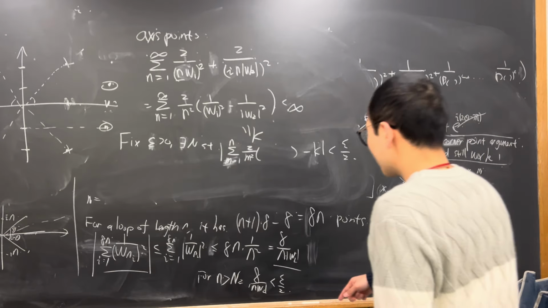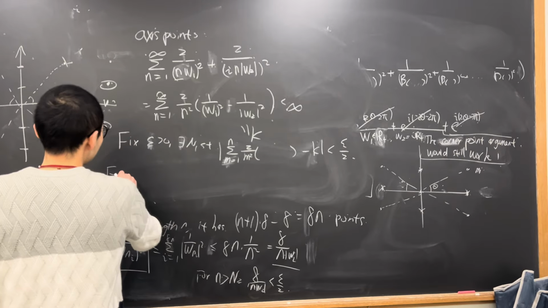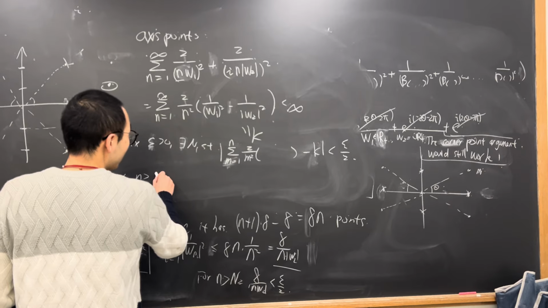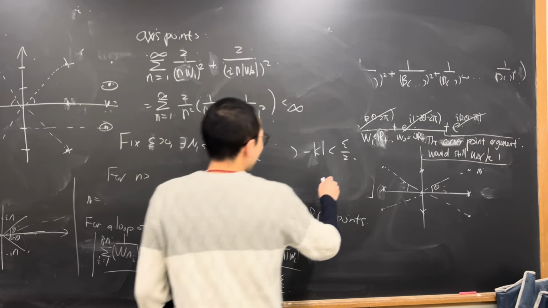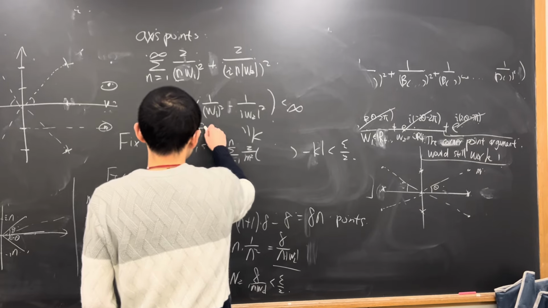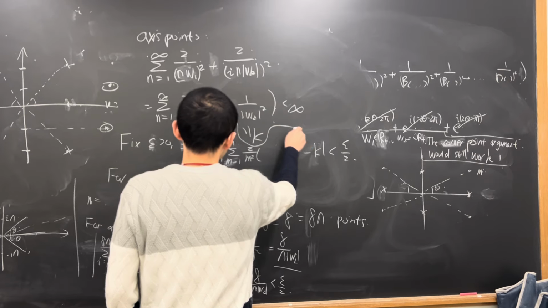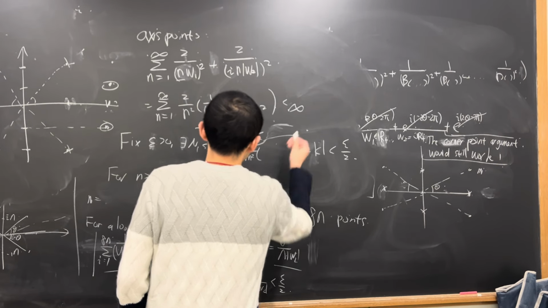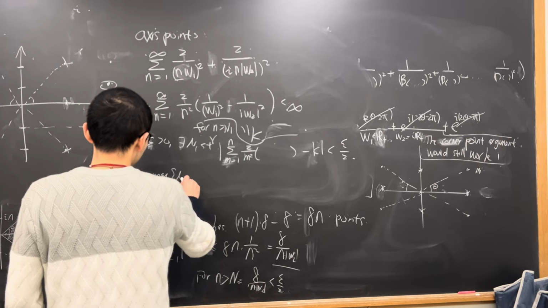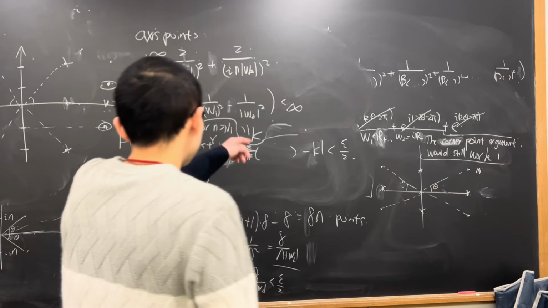That is bigger than this n1. Okay, so this is called n1. So then for n bigger than n1, so then for n bigger than the maximum of n1 and n2, then we have that